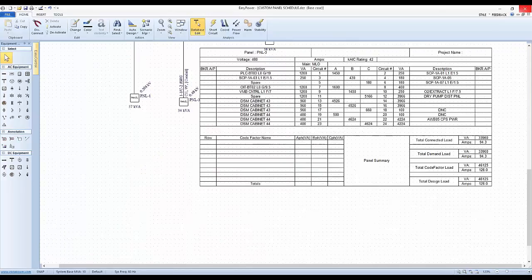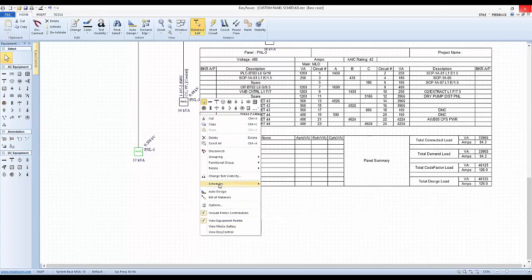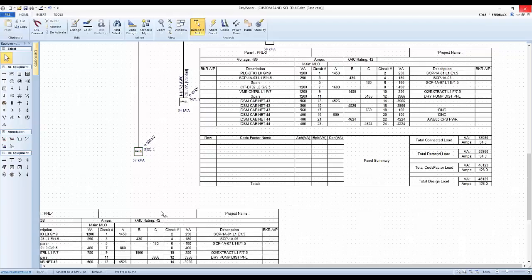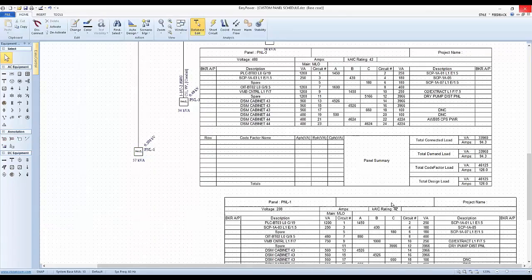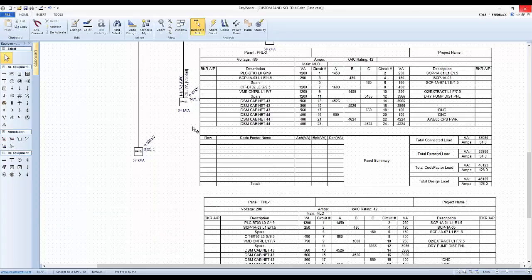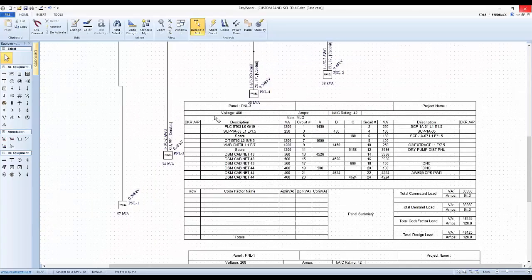Let's do the same now for panel 2 or panel 1. Select it, right click, schedule insert. And so in this case, I'm going to modify the panel schedule that's going to affect all the panels in my project. And what I want to do, I notice that here at the top, I have my voltage on the panel and the interrupt rating and the description that it's a main lug only. And what I'd like to do is insert a line in here that includes my arc flash. I've got a big hole over here, so I think I want to put the date and some reference to PPE. So the way I do that now is go out to my